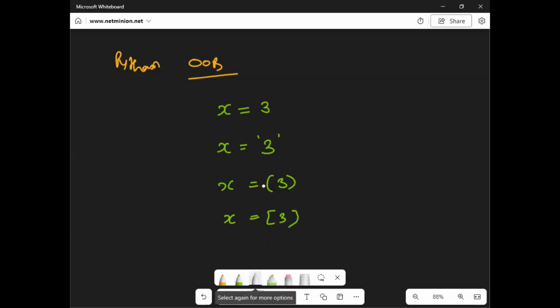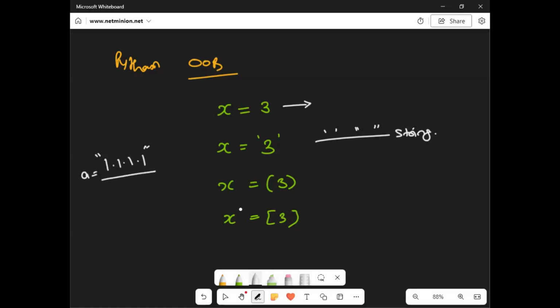Probably when I talk about syntax, you will understand. But currently I am just taking names. You may just listen. Okay, if you are understanding, that's fine. If you are not understanding, even then it's fine. It's a plain number. It's a numeric data type. Anything in single quotes or double quotes is a string. Let us say later on when you need to put an IP address in a container, you cannot use a plain number because it's not a number. So you will use a string, like a equal to 1.1.1.1, or whatever IP address we need to use later on.